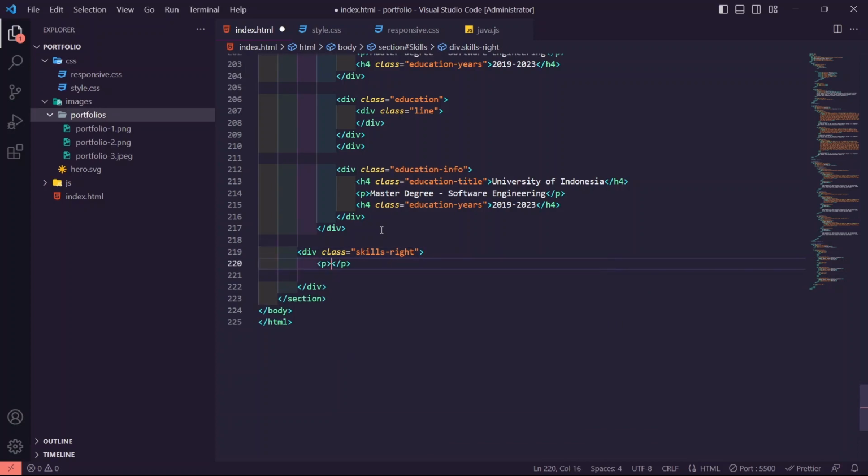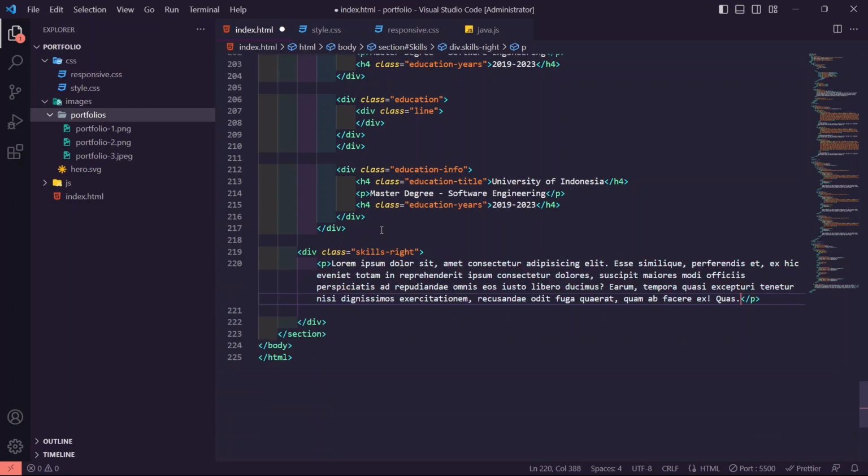And then paragraph lorem, I'm gonna input lorem 50, and then after that